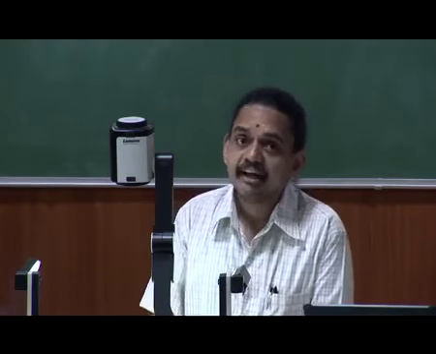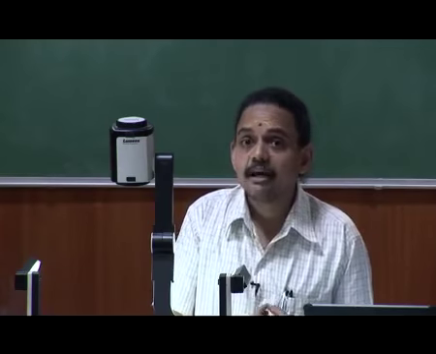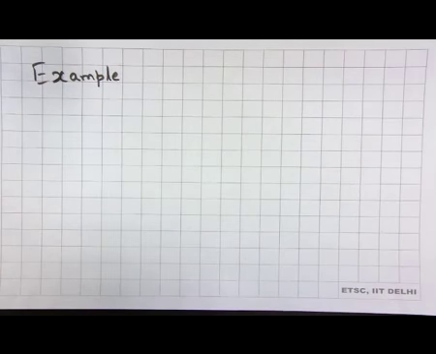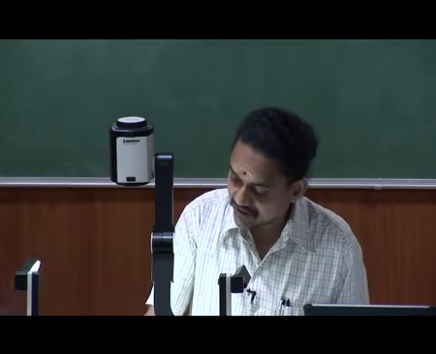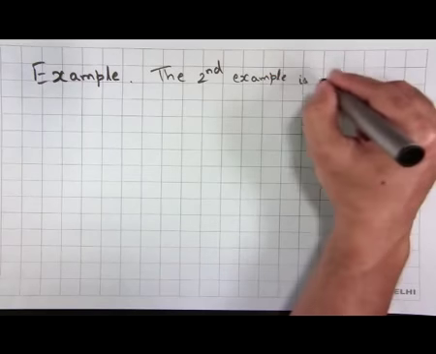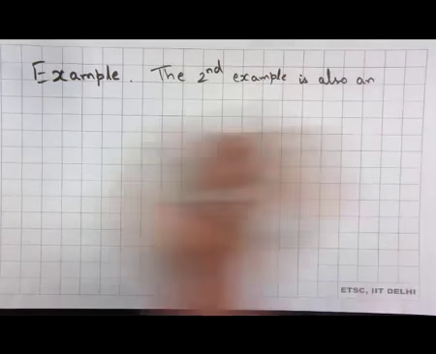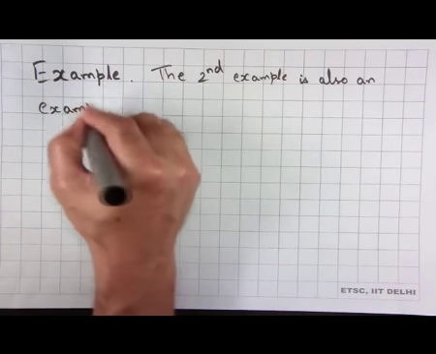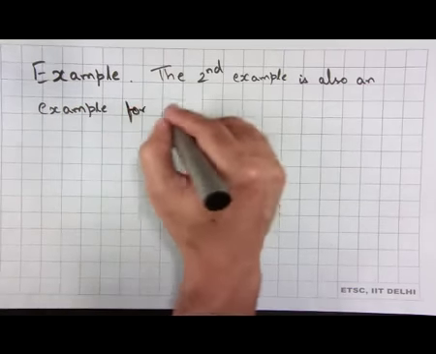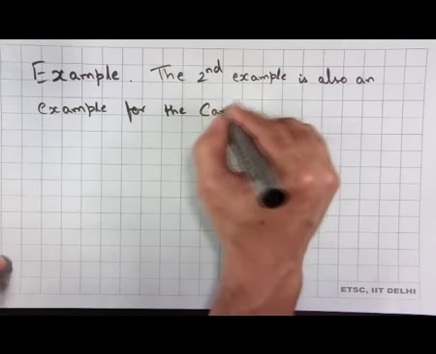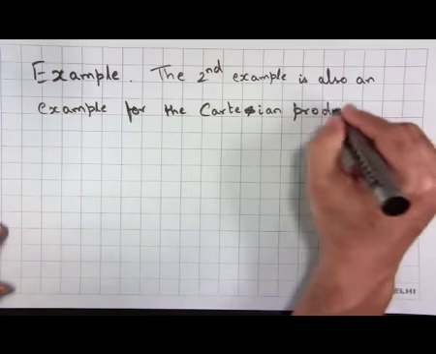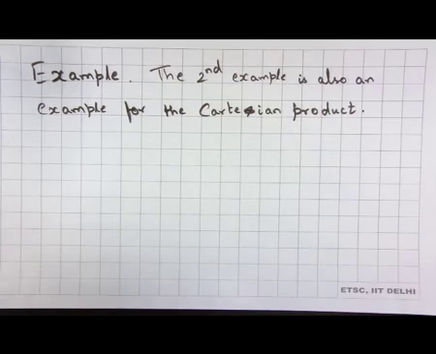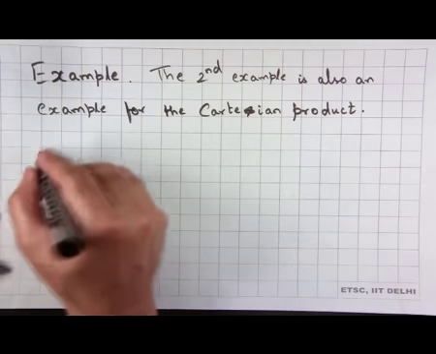Now, let us look at the second example. It says about what is known as the name plates of a vehicle. So, again this is an example, the second example is also an example for the Cartesian product. Now, let us look at the third example,